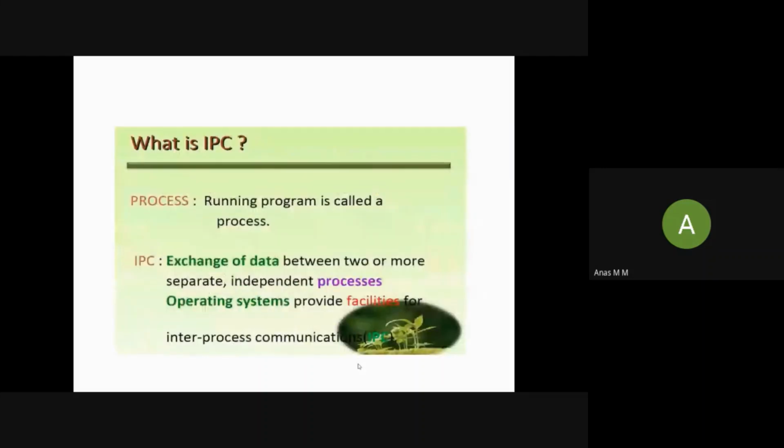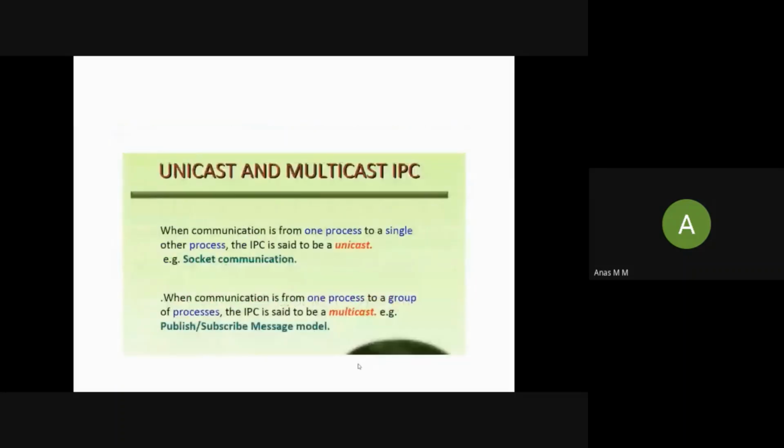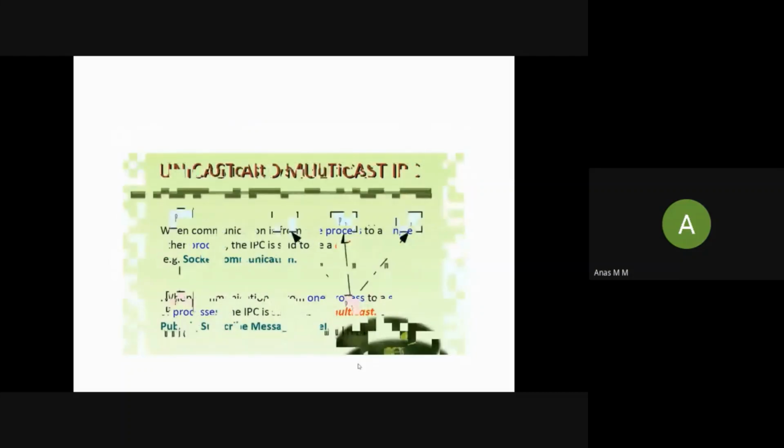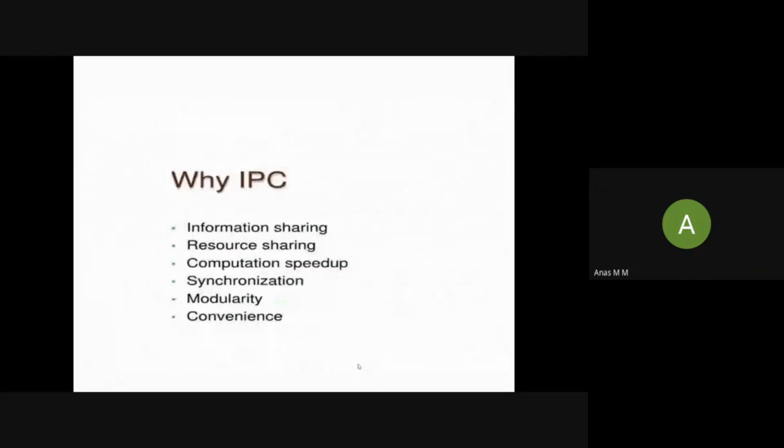So in the last class, we already discussed what is a process, what is interprocess communication, and what is unicast and multicast interprocess communication. Then what is the need for interprocess communication?